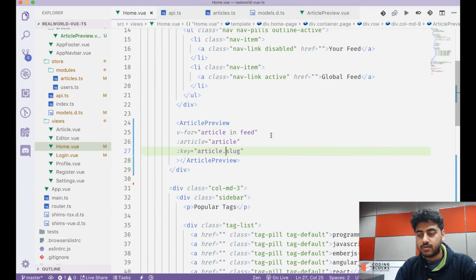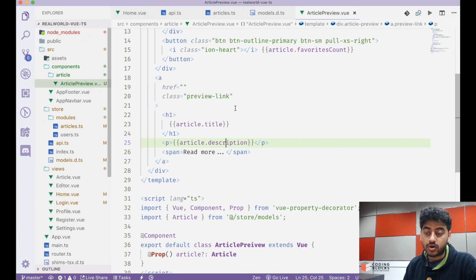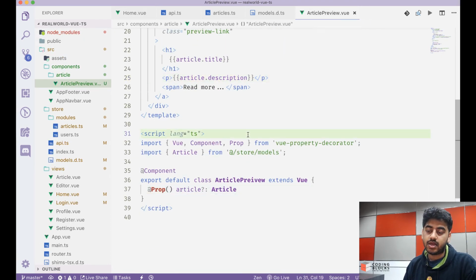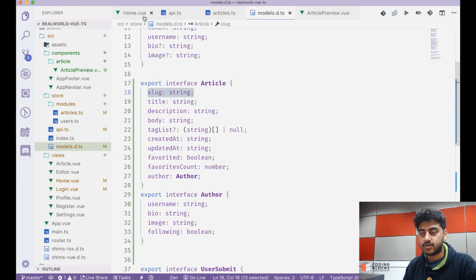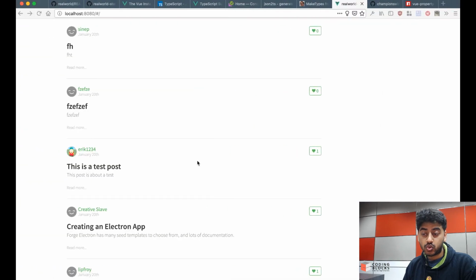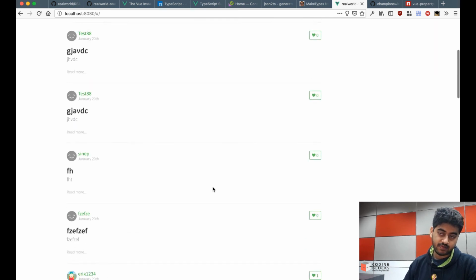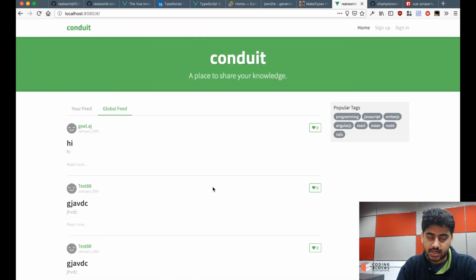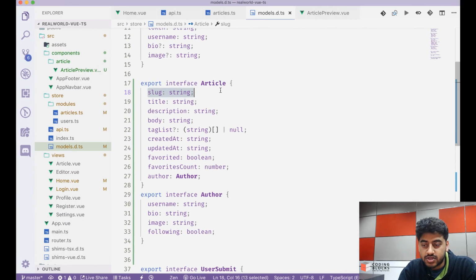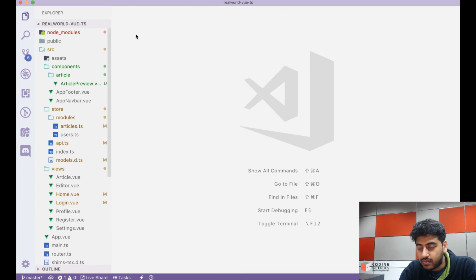So we have been able to create an article preview component which takes a prop called article, and we've been able to pass that prop article, and show all the article previews up here. We need to add the paginator and all that stuff at the bottom. We'll take a look at that in the next few videos. We'll see how to complete this project, work on your feed, global feed, work on the tags and all of that stuff. But as you can see, the interesting thing here is that the way we're writing code is very different